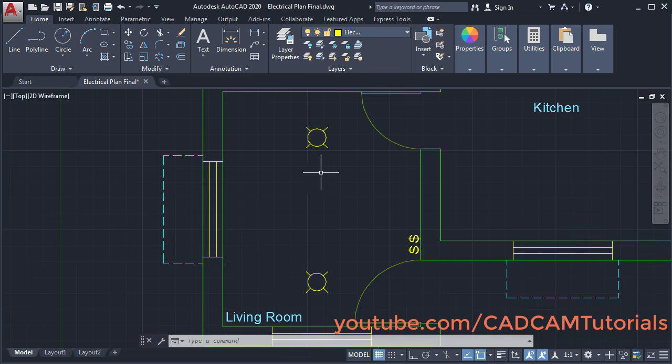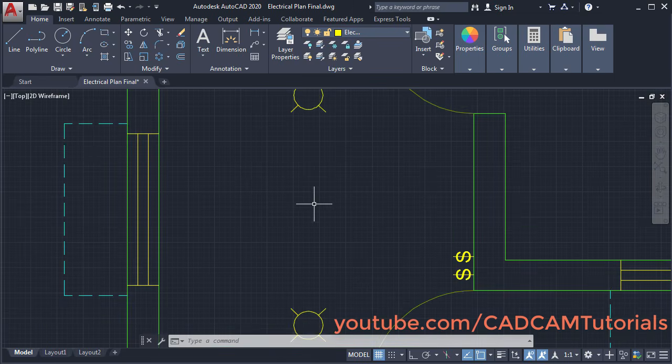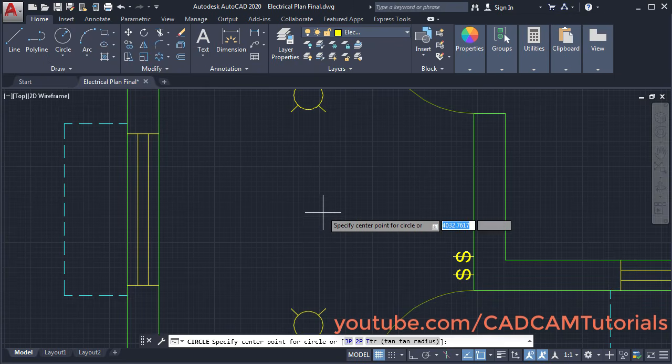Then we will create one fan here. To create fan, click on circle, then specify center point, take your cursor away and click. Then press enter, then take your cursor to center, track that point, don't click there, then take it away and click and create larger circle. Then zoom it,